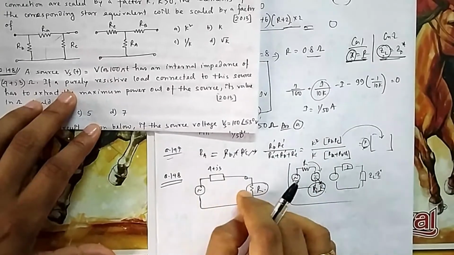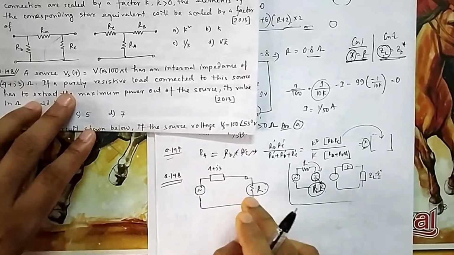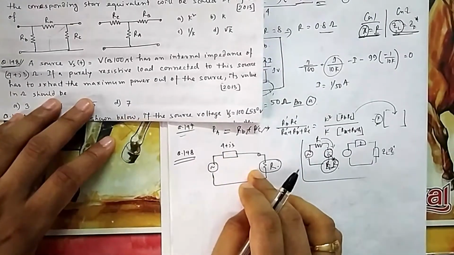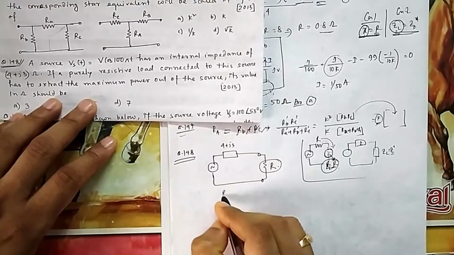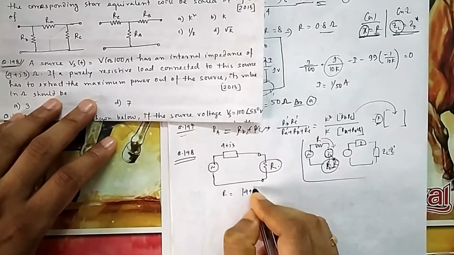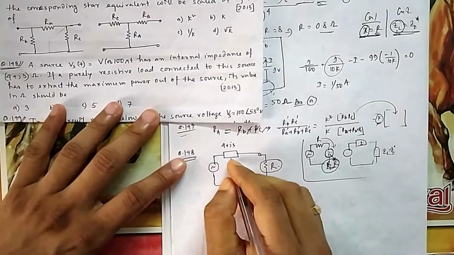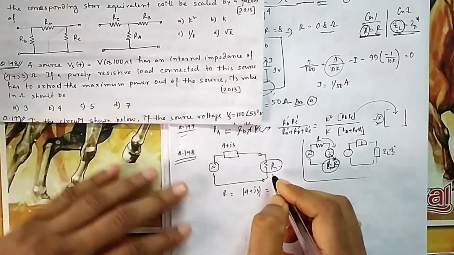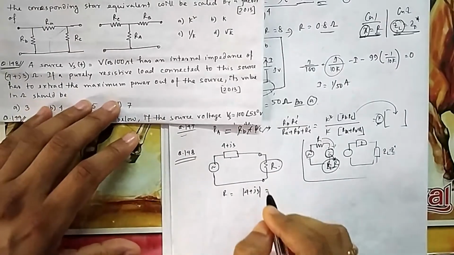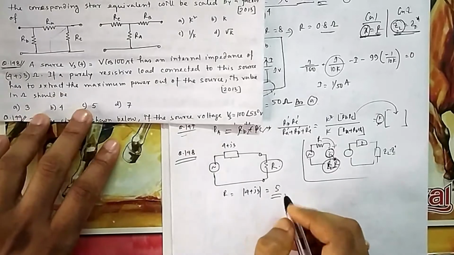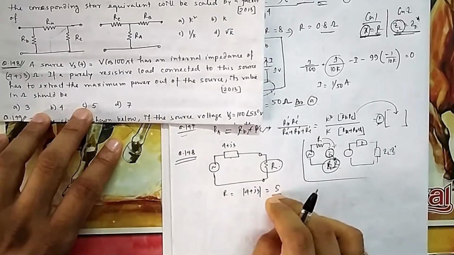But this is not a standard case 1 or case 2. So here we have to differentiate. But in the last lecture, we have already differentiated it. You can see the derivation also. We have already differentiated one case where it was Z and it was R. I forgot the question number, you check the last 1 or 2 lectures. So it is 5. So that's why it is 5. But it is not a standard formula. We have derived this one in some of the questions.